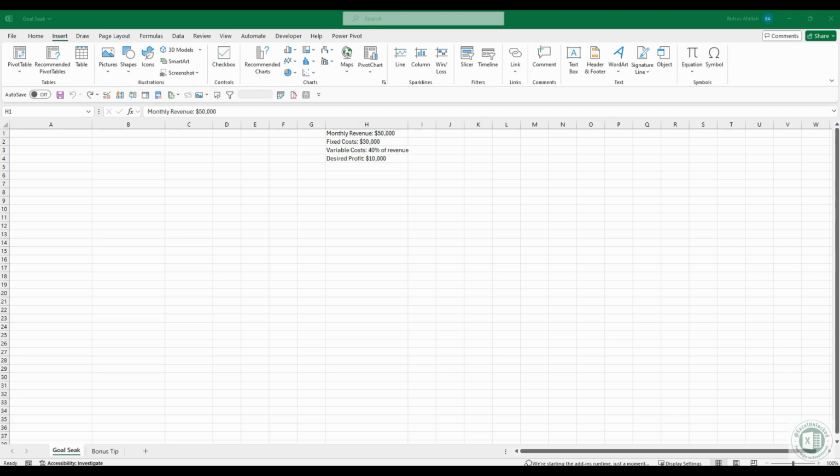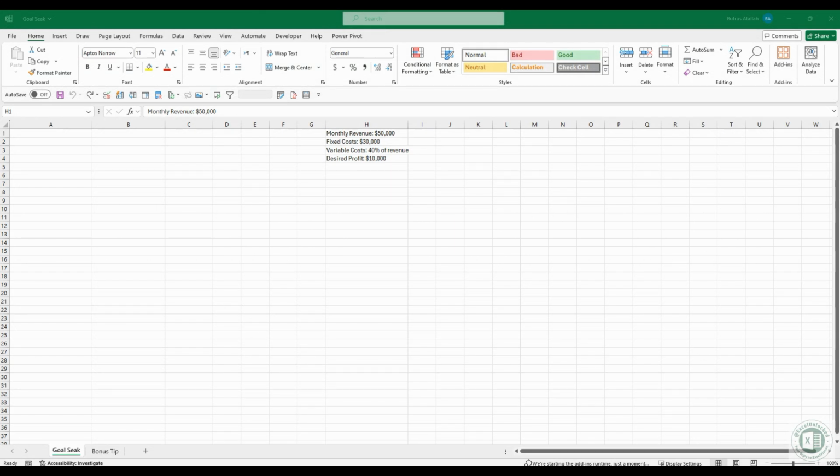If you're not familiar with Goal Seek, here's a brief explanation. Goal Seek is a powerful Excel tool that helps solve what-if scenarios by adjusting an input value to achieve a desired result. It works by repeatedly calculating and adjusting a formula until it reaches a specific target value, taking the guesswork out of the equation and eliminating the need for manual trial and error calculation.